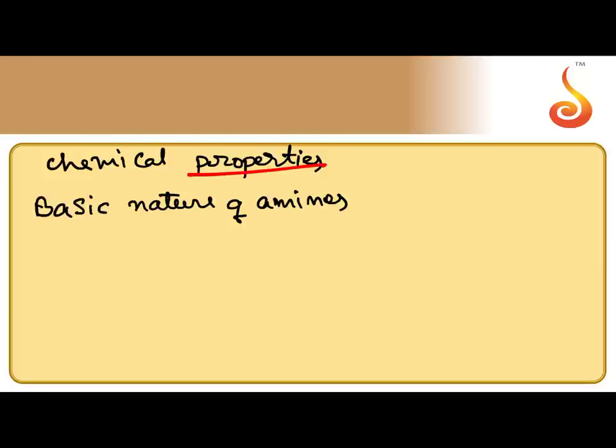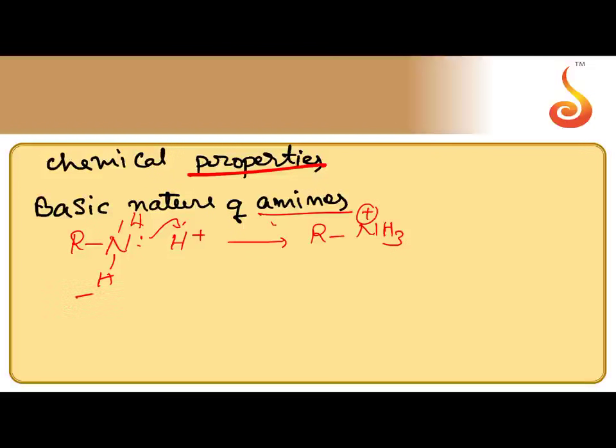So chemical properties of amines, basically basic nature of amines. One which takes H plus, proton acceptor is base according to Bronsted theory. Lone pair donor is base according to Lewis theory. If H plus is available, ammonia or amine can act as base according to Lewis theory as well as according to Bronsted theory. So it donates lone pair and it takes proton or NH3 plus. This is conjugate base, this is conjugate acid.